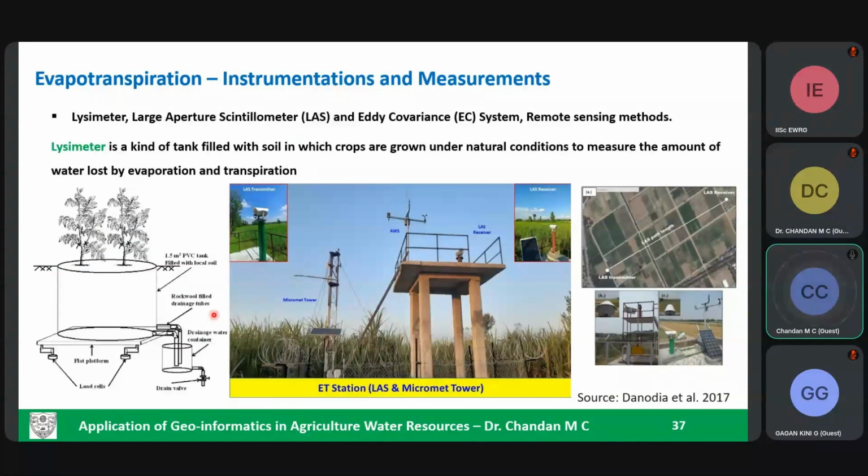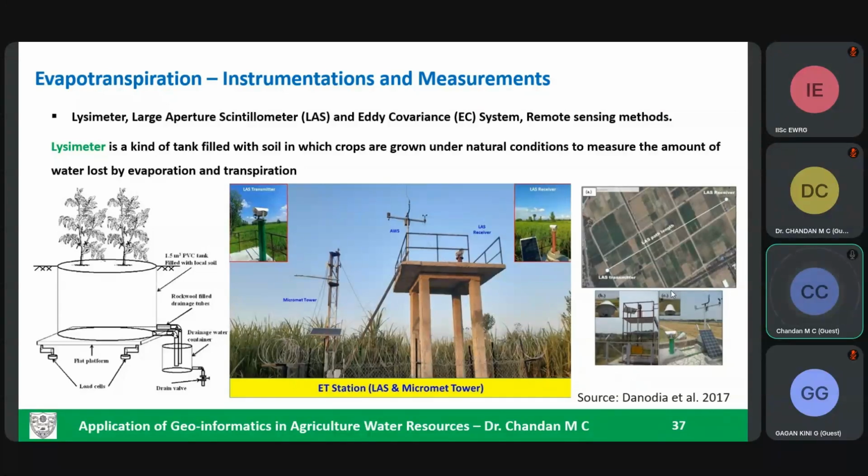How do we measure evapotranspiration? So we have certain instrumentation for measuring the evapotranspiration at the field. One of them is called the lysimeter, which you can see to the left. Here, this is basically a big cylinder which has been put underground, that is below the ground level, and some crops are placed on top of that cylinder. And we need to be careful when doing this experiment. So the crop placement, the distance has to be as per the crop that is sown in the field. And these are generally placed in the middle of a large crop field,